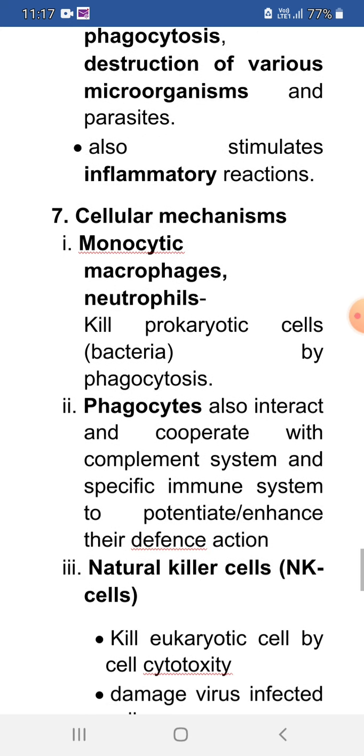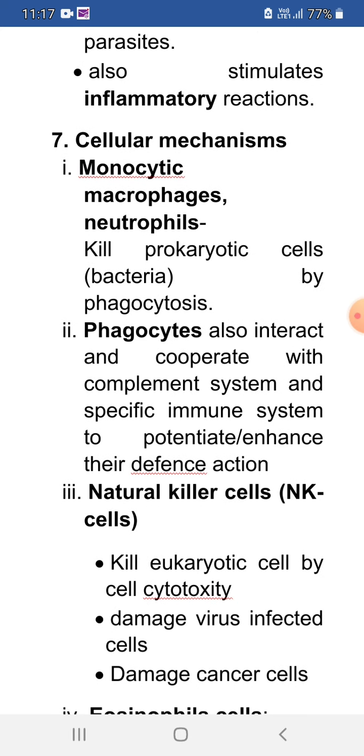Then we have cellular innate immunity. This one is done by different cells. These are monocytes. Monocytes are phagocytes. So phagocytes engulf foreign microorganisms. Once they engulf them, they kill them. They destroy them using enzymes inside the body or using what we call reactive oxygens, which then destroy by oxidation